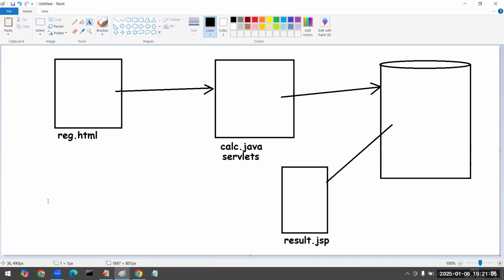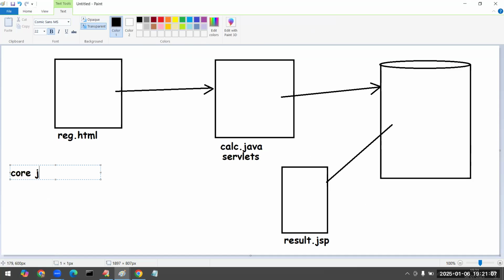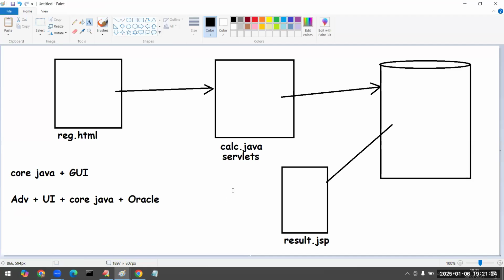Whenever we are using core Java plus GUI, we can develop this. But what is the advantage if we are using advanced Java plus UI technologies plus core Java concepts plus Oracle? Very simple. You can run this application on any system.